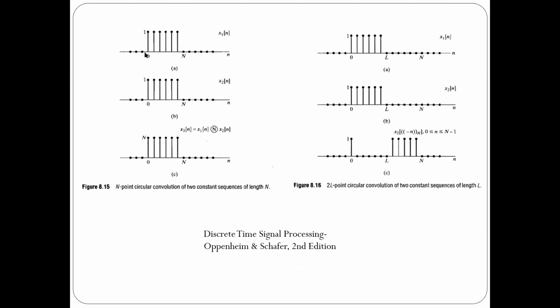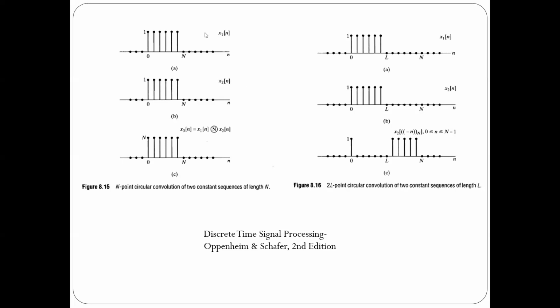This is a pulse. That is, the value of the discrete pulse is equal to 1 from 0 to N minus 1. So there are N samples, all of which are equal to 1. And now we will consider x2 of n as the same sequence. Now if you mirror reflect the sequence, keep the first sample as such, then the last sample becomes the second sample, the last but one sample becomes the third sample. That is, the circularly reflected sequence x2 of (minus m) modulo N would be the same as the sequence itself because all the values are equal to 1.